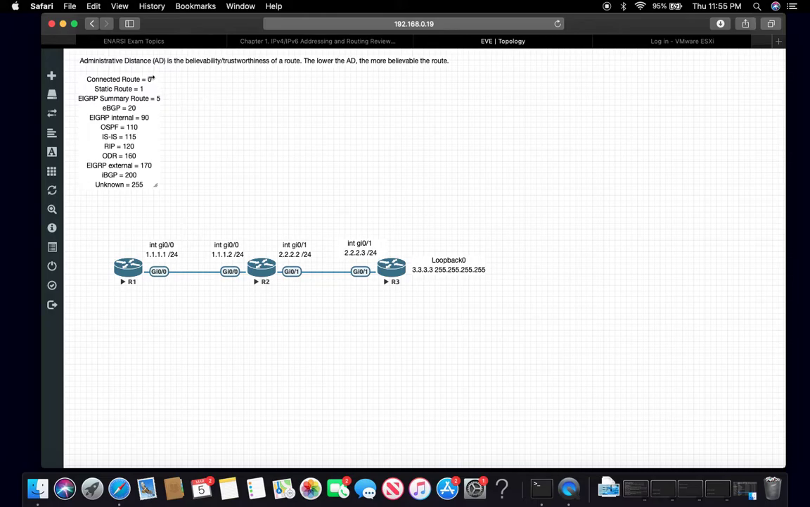So a directly connected route is going to be 0. A static route, something that you manually put in, is going to have a 1. EIGRP, depending on the type, could be a summary route 5, an internal route, within the autonomous system, 90, external, outside of the autonomous system, 170, external BGP 20,